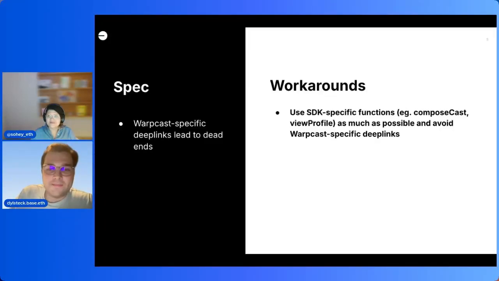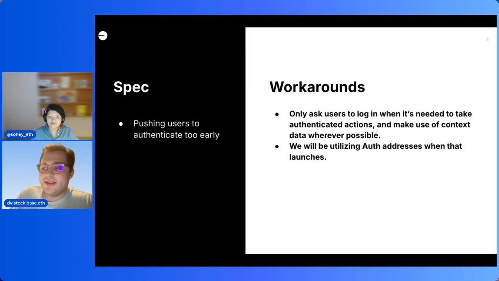Awesome. Let's move to the next one. This is a pretty big one for us as well, is pushing users to authenticate too early. It's great that auth is available through a mini app. It's one of the distinctions that you have in this embedded ecosystem. But I think it's also important to make sure that auth is used in the right ways and it's not blocking a user experience. So, for example, if your mini app is mainly focused on, I've brought up Paragraph a couple times,